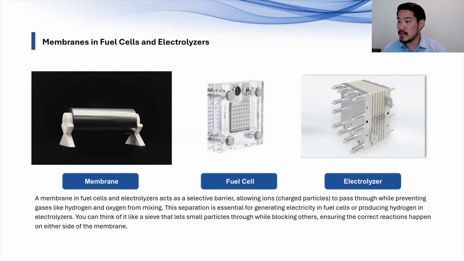Okay. I see you have a slide to show that as well. Yes. So here, as we can see, on the left, you can see a membrane, which is produced by many manufacturers. But on the right, you can see an electrolyzer. In the electrolyzer, you have the membranes in between each stack. And that's where water will go through and be split into hydrogen and oxygen. You capture the hydrogen, and then you're able to use that as fuel for something like a fuel cell. You use fuel cells in cars, and you use that to generate electricity in order to power whatever you're trying to power. So you have them in fuel cells and you have them in electrolyzers.